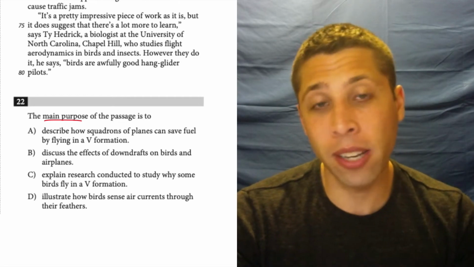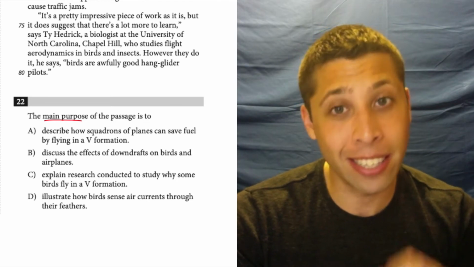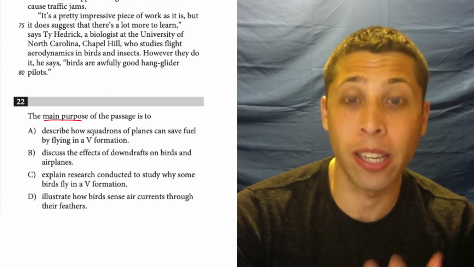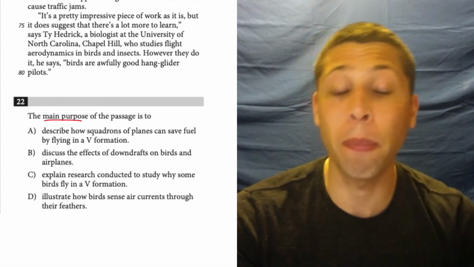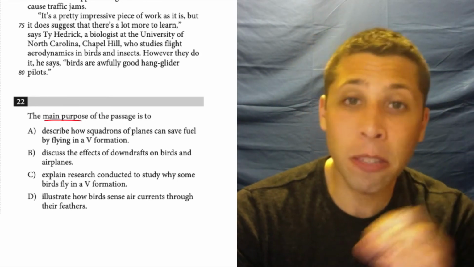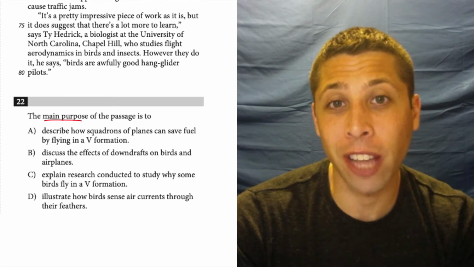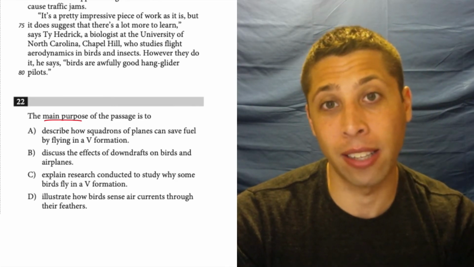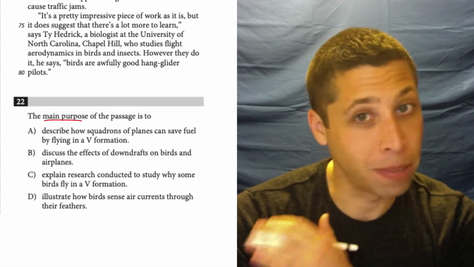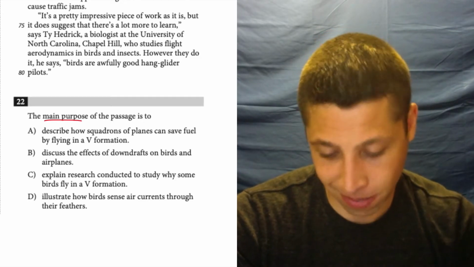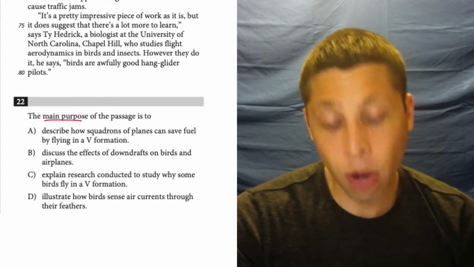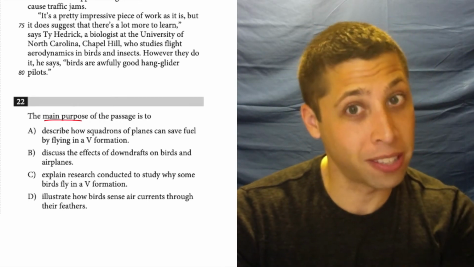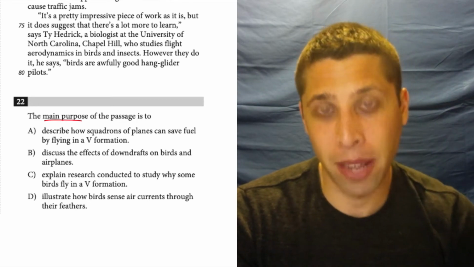But more important is we don't want to get bogged down in the details and the science. This is why dumb summaries can help us and why we can focus on big picture repeated ideas instead of the specific things that they might mention in just one paragraph or one line. We really want to focus on the stuff that's true from line number 1 to line 80 in this case. So there's another strategy we can also use, mostly on science passages, to help us understand main ideas,